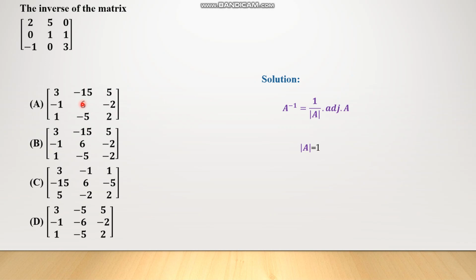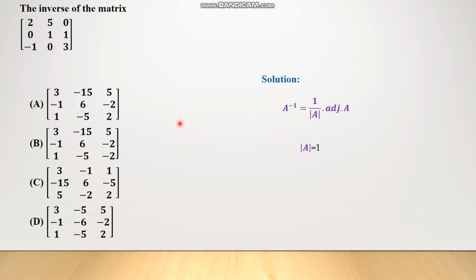So 6 is there in 3 options, and in the fourth option we have minus 6. So this won't be the case, so we can delete D. So the answer should be any one of A, B and C. So let me go to the third diagonal element, which is 3. If I want to see the element for 3, I have to delete the third row and third column. So the answer is 2 ones are 2 minus 0. So it is 2. Option A and option C have 2, so option B cannot be the answer. The answer should be one of A or C.